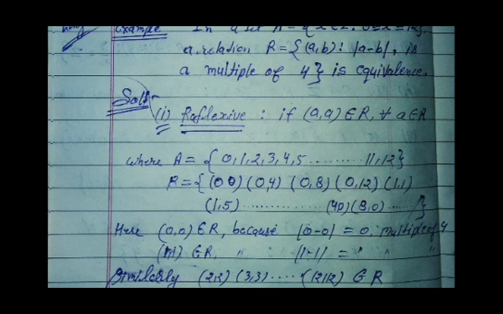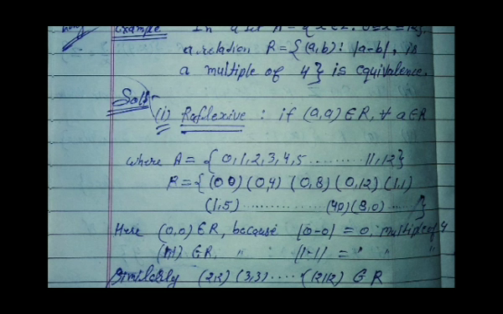that is x which lies from 0 to 12. Then A is equal to 0, 1, 2, 3, 4, 5 and so on up to 11, 12, and a relation R such that the difference of a and b is divisible by 4. It means a multiple of 4. Then the pair elements of the relation R will be (0,0), (0,4), (0,8), (0,12), (1,1), (1,5), (2,6) and so on, (4,0), (8,0) and so on.